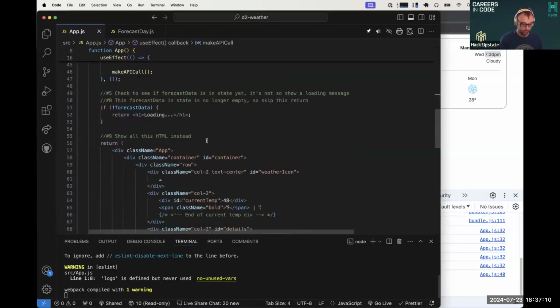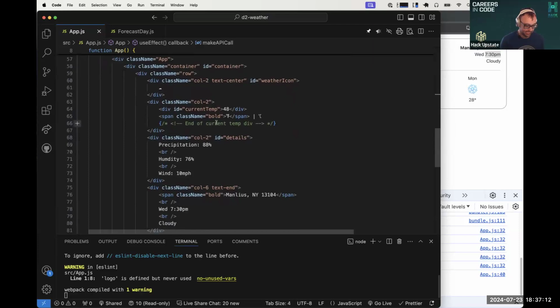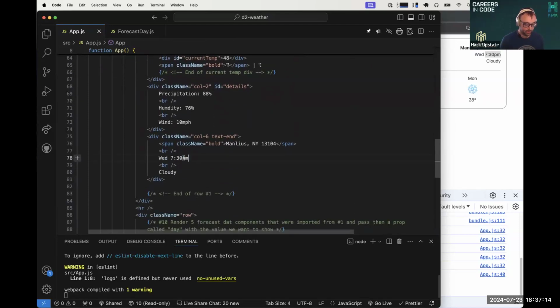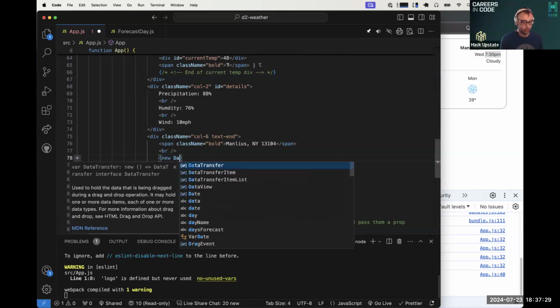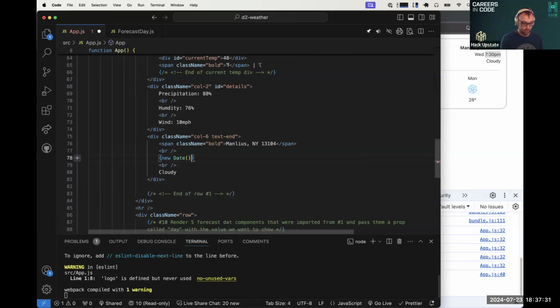What we could do is, and feel free to follow along with me here, the beauty of React is we can do things inline, right? We can switch over to JavaScript mode instantaneously. So what we could do here is put curly braces in here instead and say new Date to locale date string